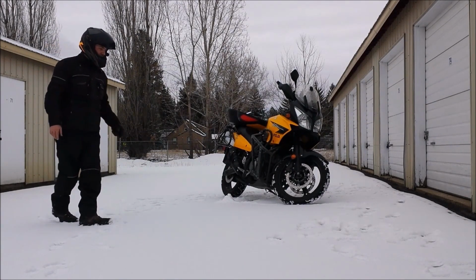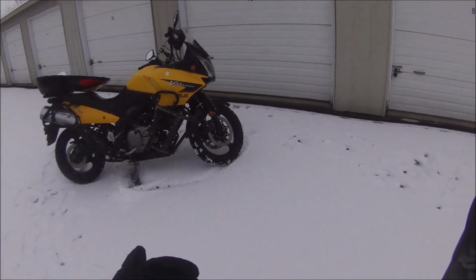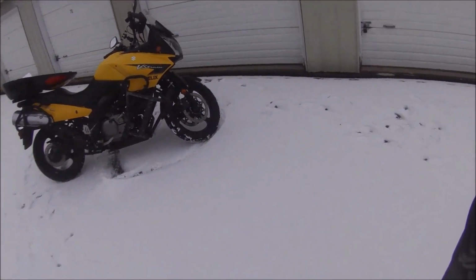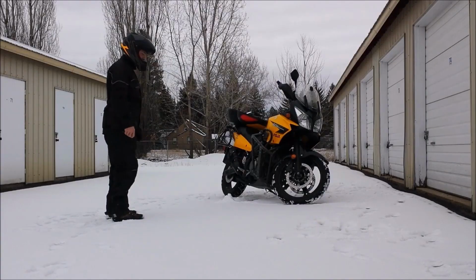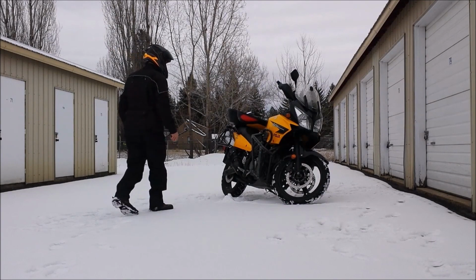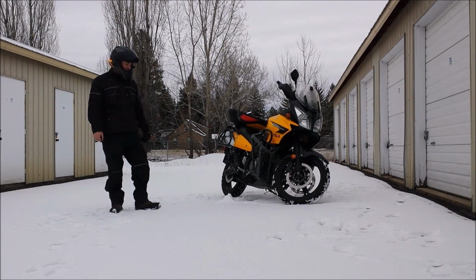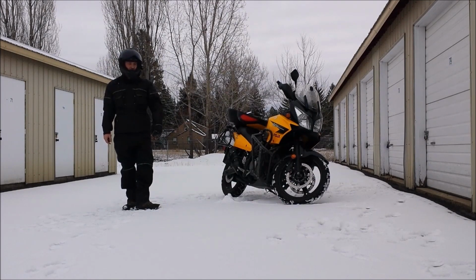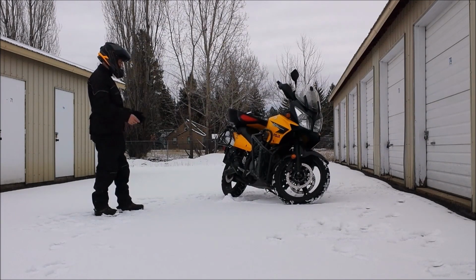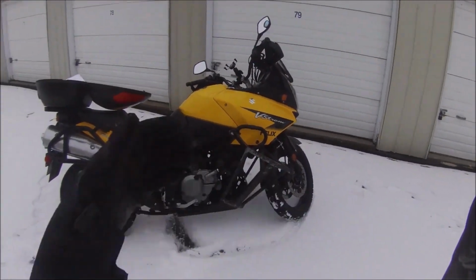Another thing is that you can always change your mind. If you do decide to ride and the conditions start to get more iffy than you thought, stop and think of your options again. Because there are other hazards out there too. Your lens can either be more likely to fog, or you can get road slime all over it to where you can't see. You will be tailgated, almost guaranteed, because you will be going slower than all the other traffic. And if you go down and they can't stop,